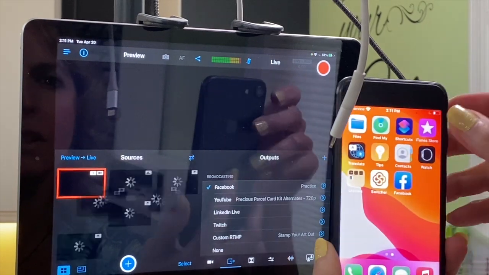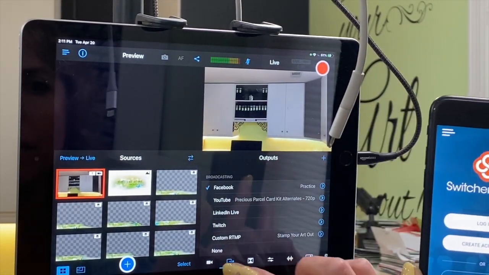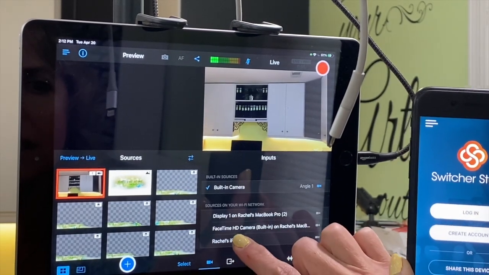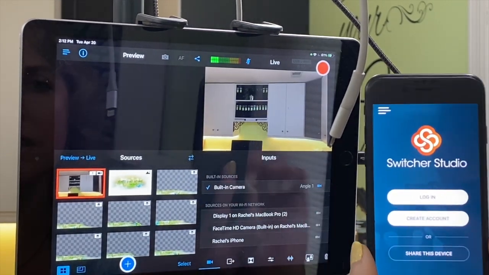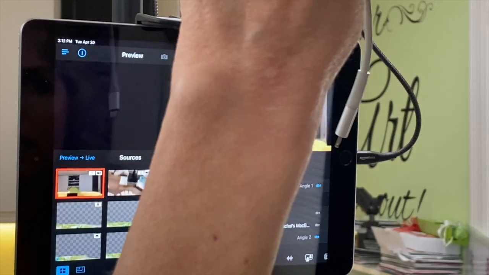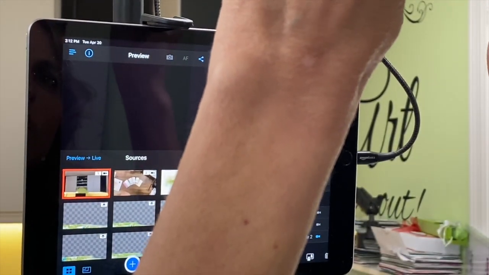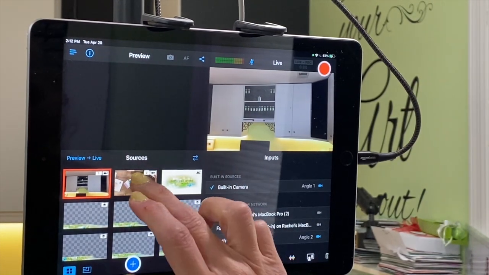Use a switcher. We're going to click on this. We're going to actually go to the cameras. I can see it right here. I could click share this device, but I can also just click here and click allow. And now I'm going to turn it upside down. I've hooked it into my stand and I've added my charging cord. And I'm going to click on that